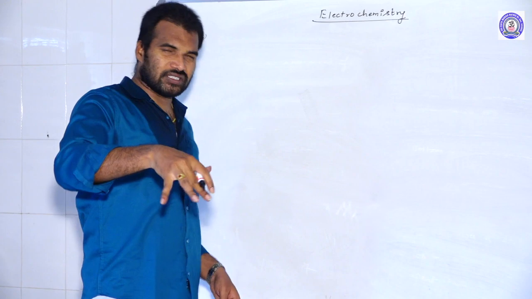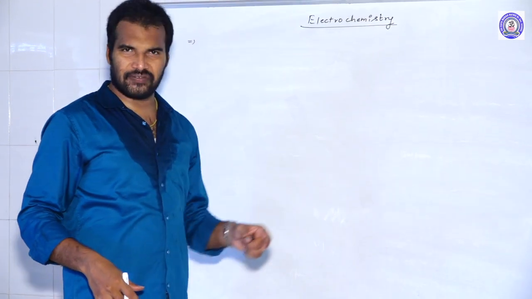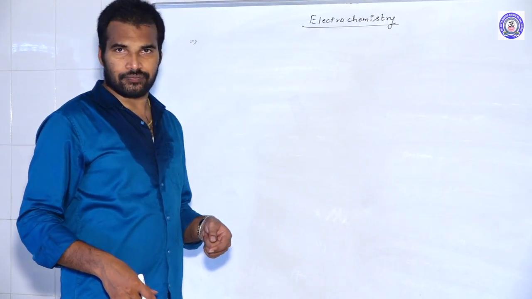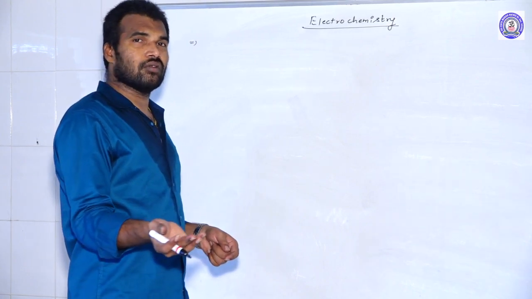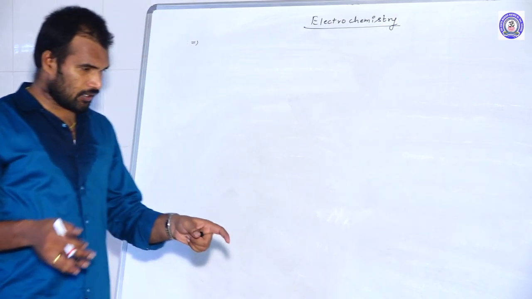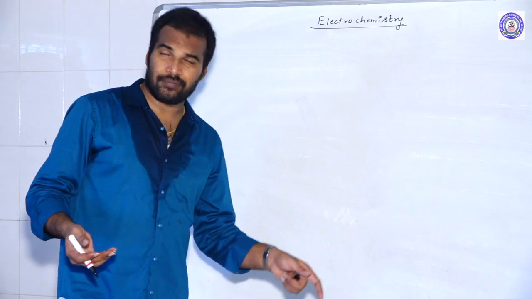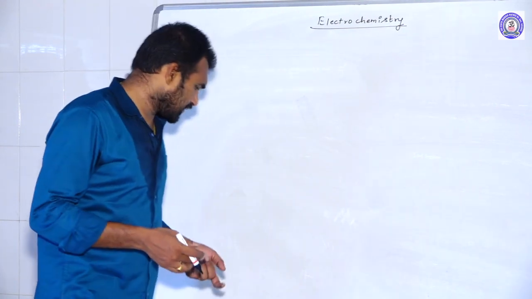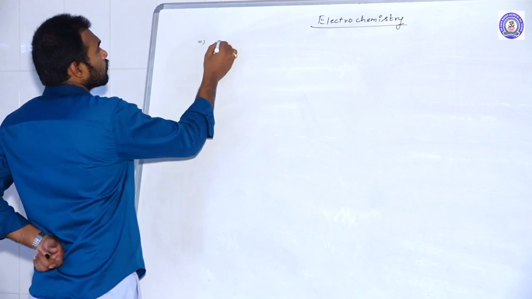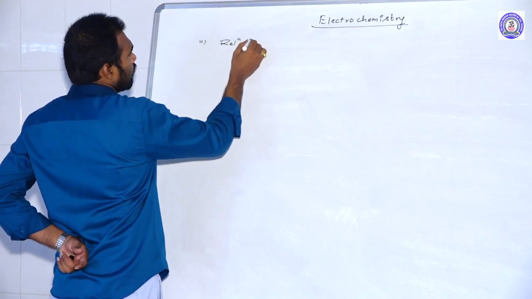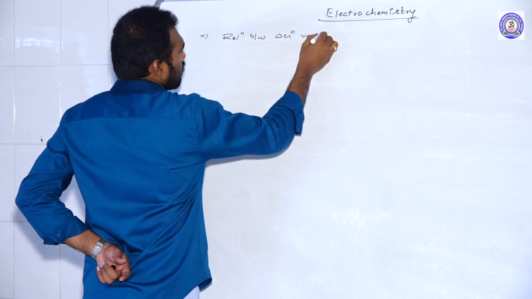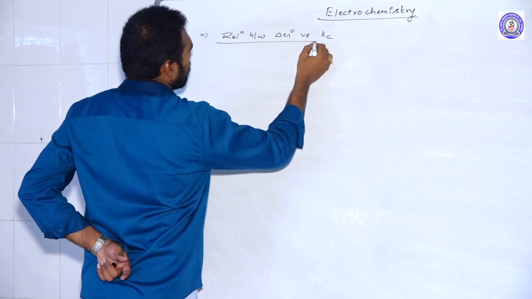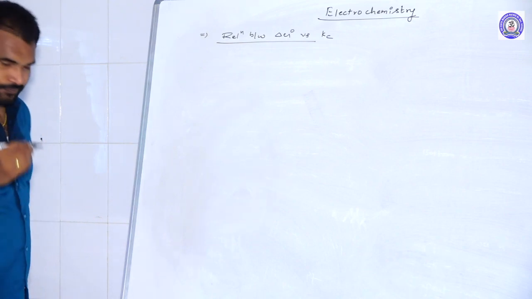In this Nernst equation, sometimes they may ask you the relations. By giving the QC or KC value, they may ask you the del G value and del G naught value. They may give you the del G naught value and ask you the Kc value, or give you the Kc value and ask you the EMF of the cell. So what are the relations? Let us see. The relation between del G naught versus Kc.